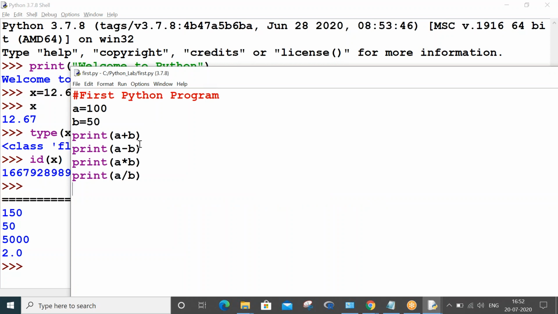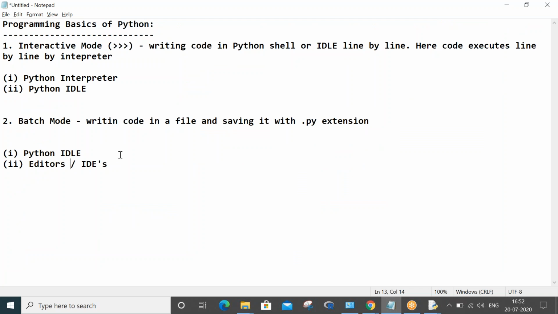So this is how you do your actual Python programming, where you create a file with a .py extension, and you will write certain Python instructions, and you will save and run this file. That is how we usually do Python coding. Okay, what we have seen now is writing code in the Python IDE.